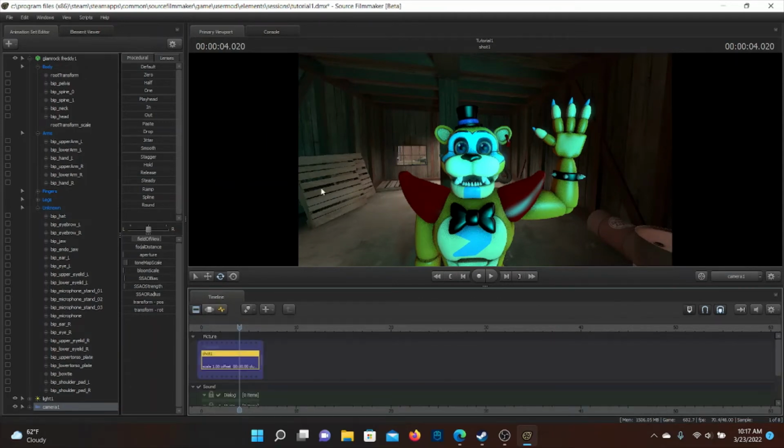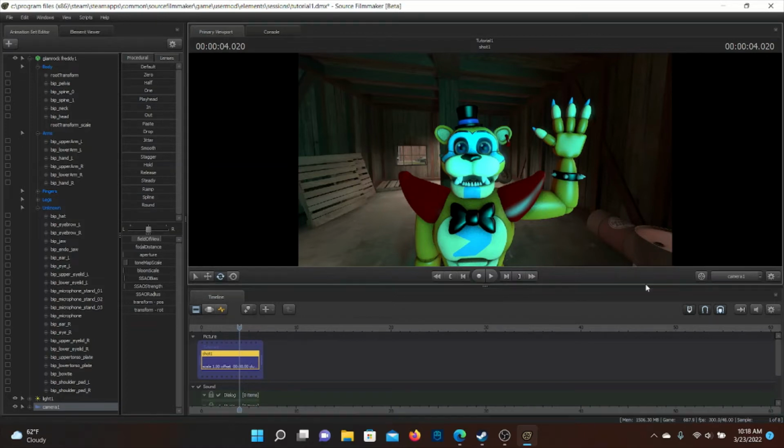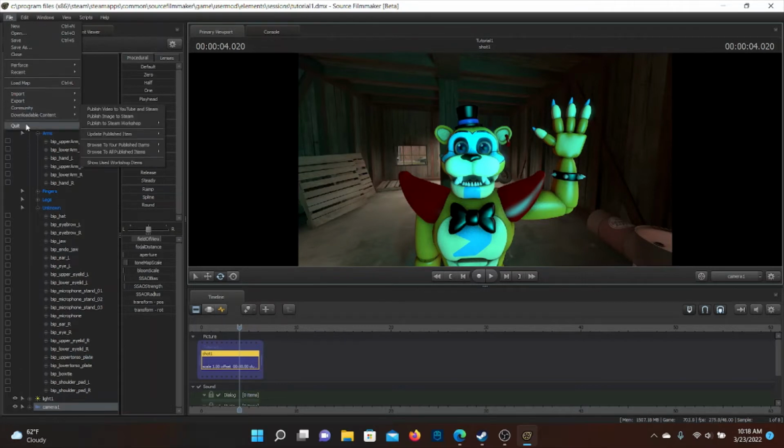With lighting. So there we go, we have that. Now, what we're going to want to do is click File and Save. And after we do that, we're going to go down to Export, near the bottom, not completely. So you see Quit, up there is downloadable content, which I'll show you how to do later. Then there's community, not sure what that does. Then there's export. We're going to go to export, movie,